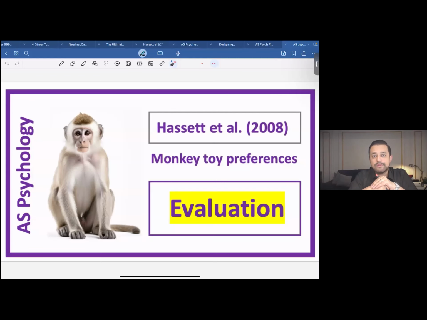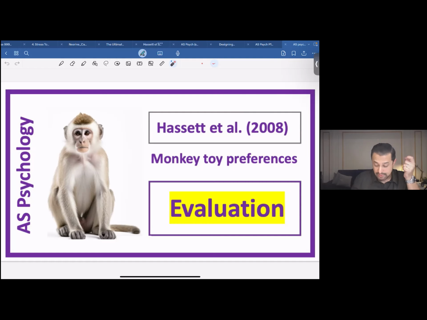Hello, everyone. Today, we'd be discussing a couple of strengths and weaknesses of the research that was conducted by Hassett et al. Now, this research that was conducted by Hassett et al. in the year 2008 is a recent addition to our syllabus that changed in 2024. Now, in order to help you understand these strengths and weaknesses, I'd like to give you an example of a